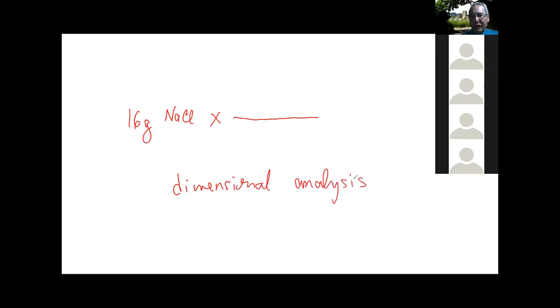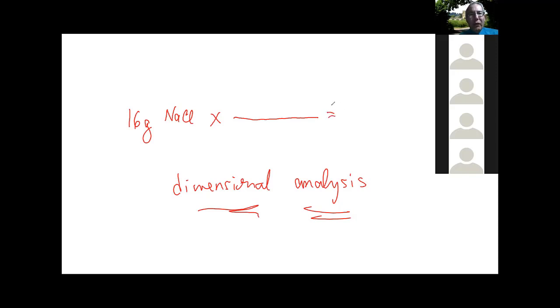All right, so dimensional analysis always looks like you start with some value and it's either grams or moles or liters or something. So let's just start with 16 grams of some substance like NaCl. And it's multiplied by something on the top and something on the bottom. Something on the top, something on the bottom. This is what dimensional analysis looks like. Does this sound at all familiar, or is that one of the difficulties you have, is you just don't know what this is? It sounds familiar, but I just am confused on what it is.